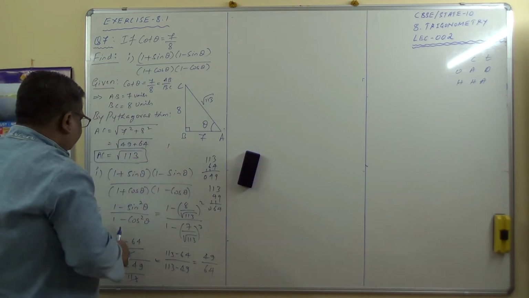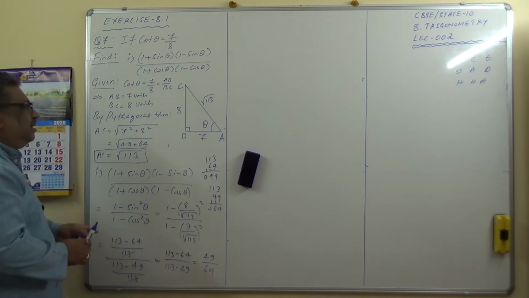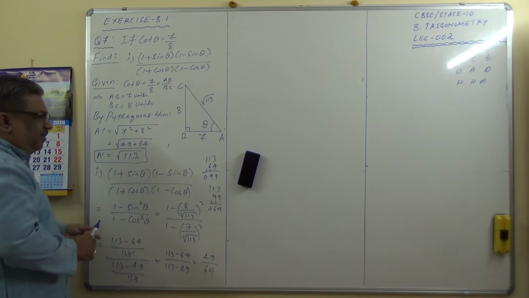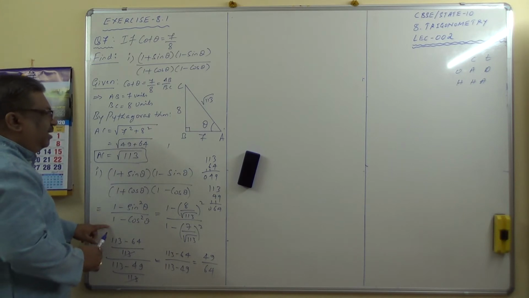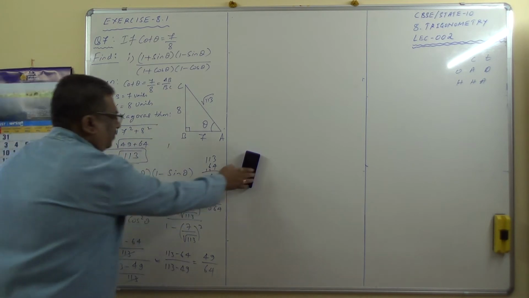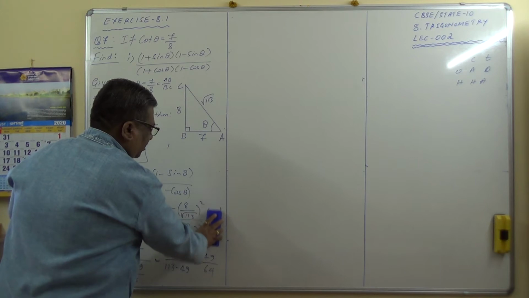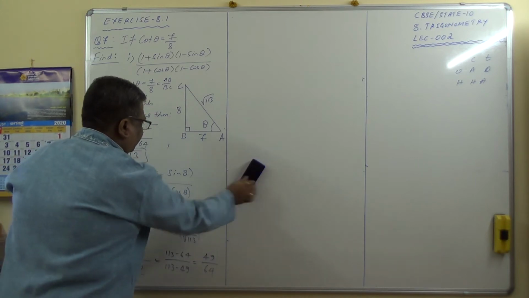See here. Yeah, okay. I think based on identity also we can solve it. Not required for the time being. You only need to know how to put the ratios here, and therefore we can solve it like this. No problem. So here itself I will work it out. Next is cot square theta. So this answer is correct, 49 by 64.